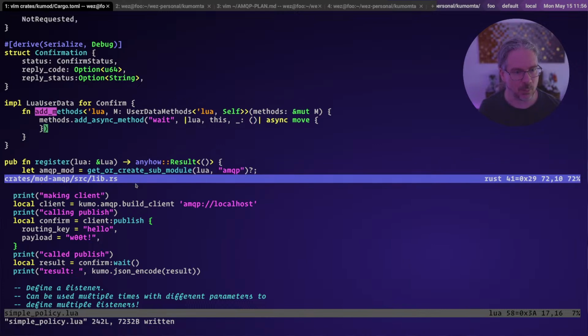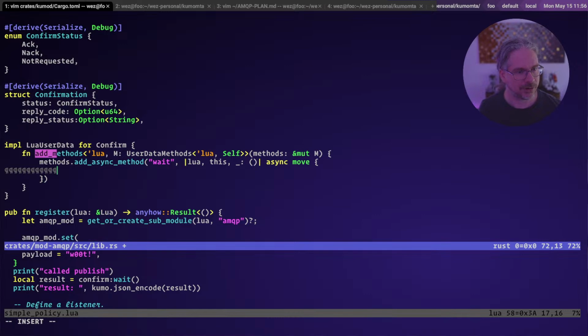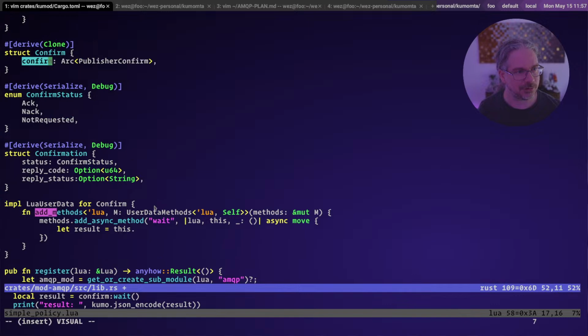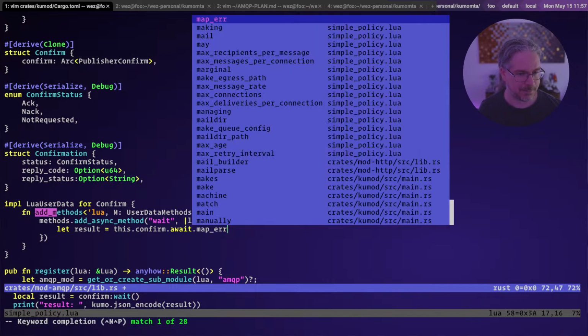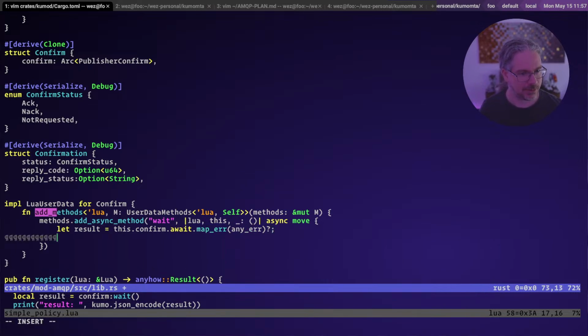So we need to actually make that work. Which I think is as simple as this dot. Now, to sort of refresh our memories, this confirm struct is this guy, so we need to do this dot confirm await. Map error, any error. That. And then we're going to do